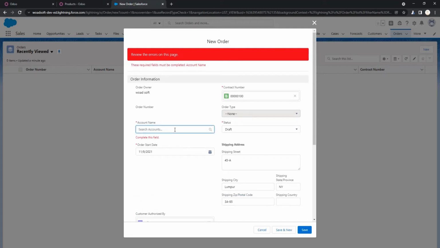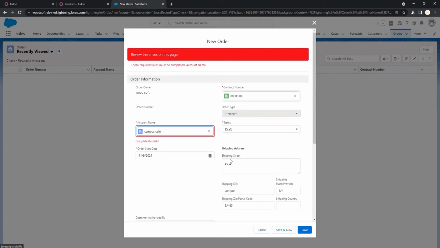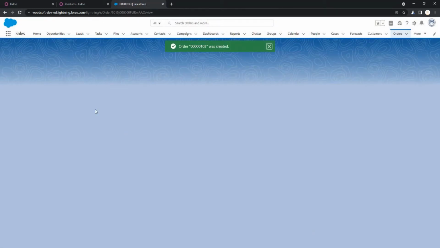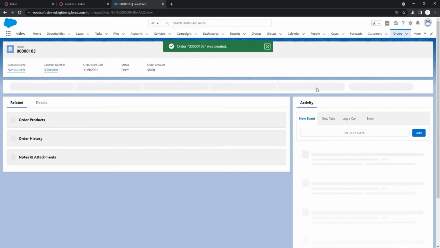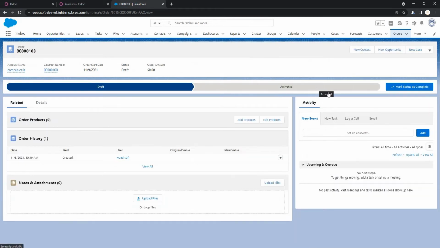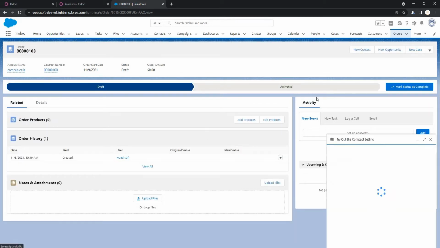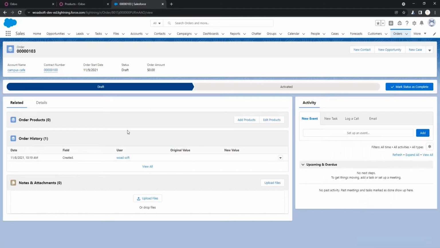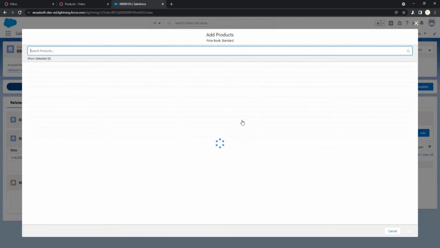So it will ask for the account name. Okay, so the order is created successfully, but till now it has no items or products. Okay, so we will add the products in the order. Okay, so as you can see, the order products. So here is the option add products.